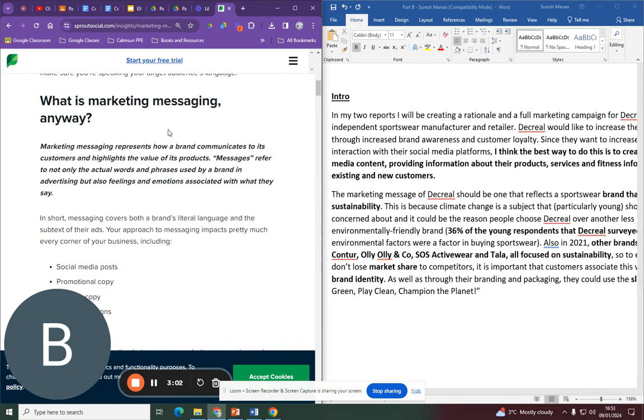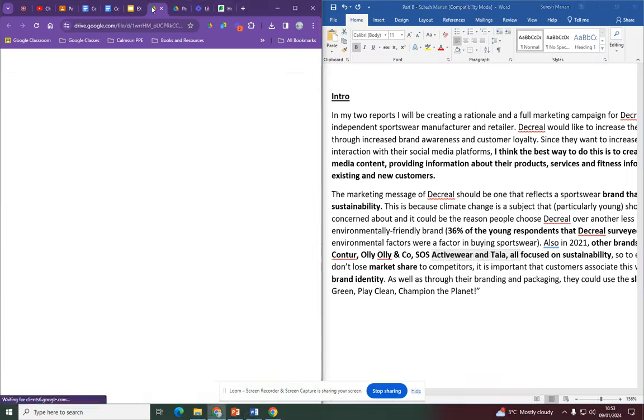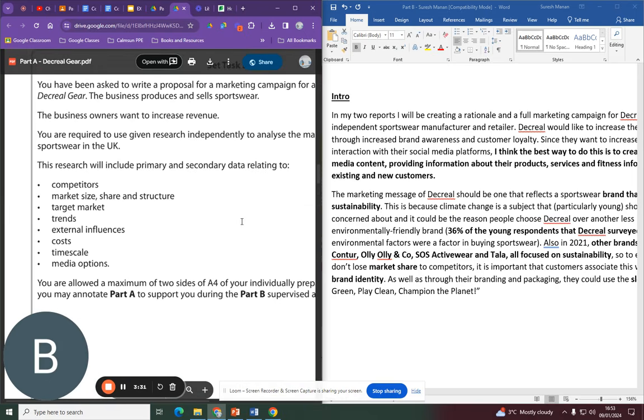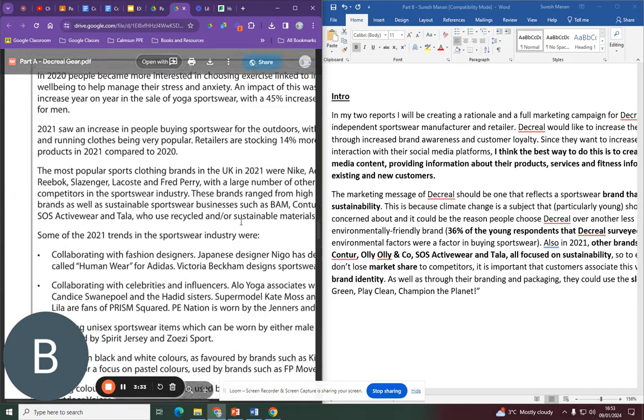Okay, so according to Sprout Social here, messages don't just refer to the actual words and phrases, but the feelings and emotions that you want people to associate with the brand. Okay, and you have to use the case study. You have to show the examiner you're using the case study. Now, the marketing message doesn't have to be sustainability. It doesn't have to be anything ethical. Often we talk about ethical marketing messages, and actually, if we look back in part A, they talked about some